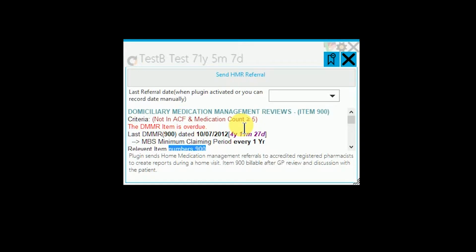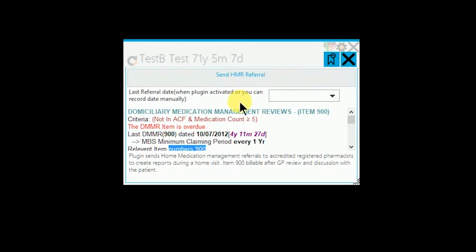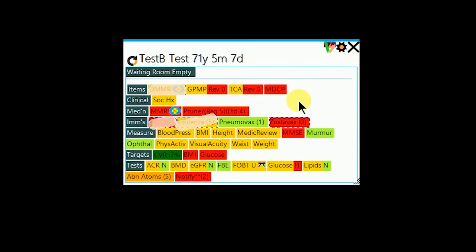And the DMMR prompt has a send HMR referral. Now that button there, when we click on that, will actually send a referral via a plugin to the local pharmacy and get the process underway for organising a HMR referral. The local pharmacist is determined via a company that creates a plugin called Medscope, and it makes it very simple to get those underway. HMR is $140 through Medicare, so if you focus on doing some of those, you can actually